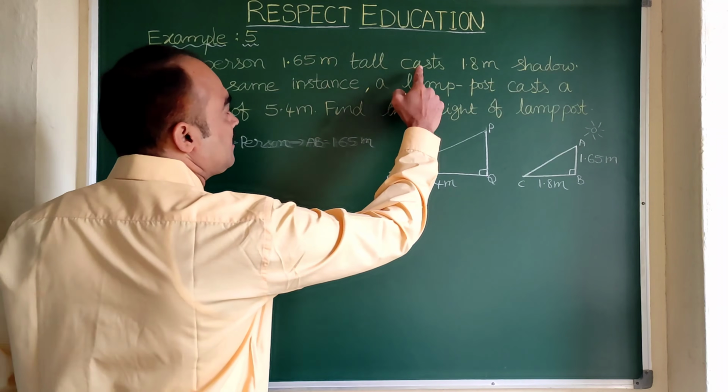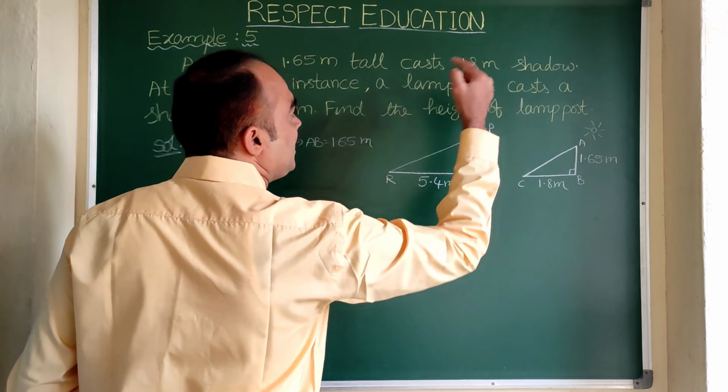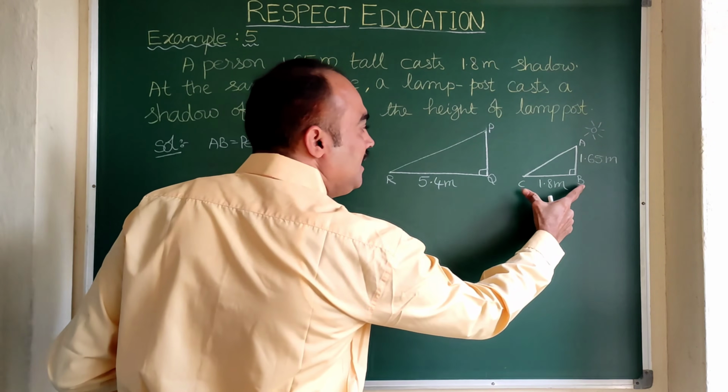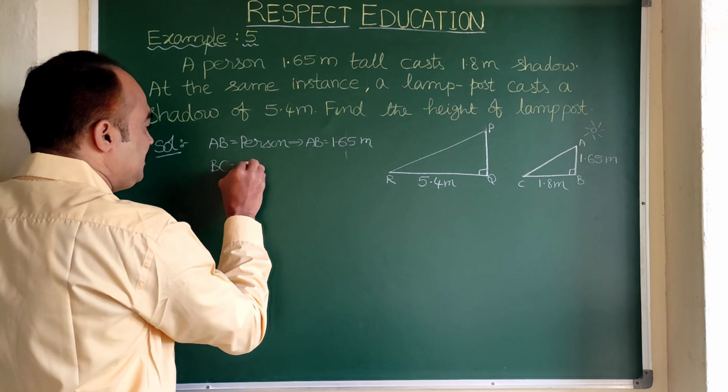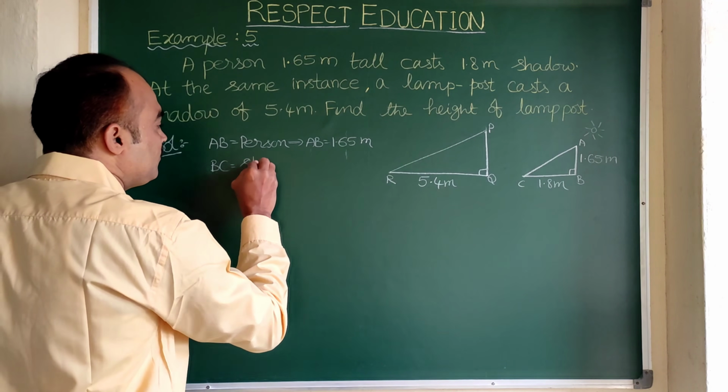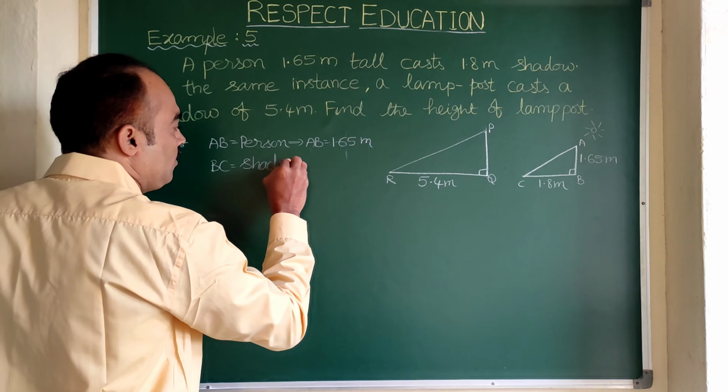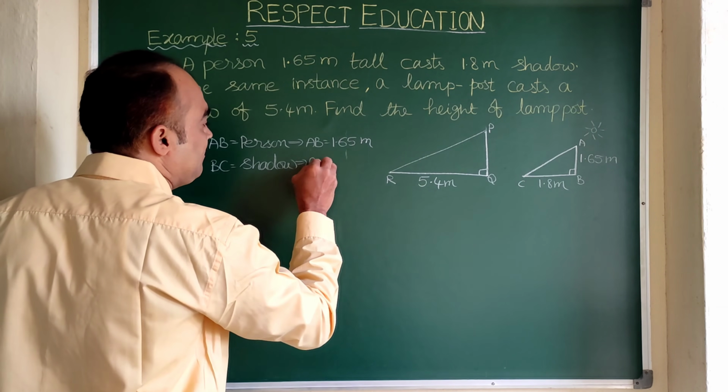Now he casts a 1.8 meter shadow. Here you see BC is his shadow. So BC is the person's shadow. So I am writing here shadow. Here BC is given as